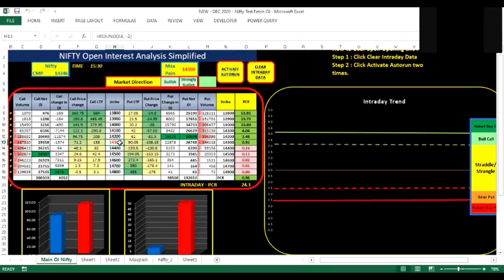Now on the positional side, there can be multiple strategies using the max pain theory, as well as using the level where the market is likely to remain. Since max pain is indicating 14,300 as a possible expiry level, what I did, and I can share it with you, is I would sell 14,250 and cover it up with 14,500. So 250 points up, and then 250 points below. And that is how I will do my expiry trade on Wednesday, and wait for the expiry to happen on Thursday.